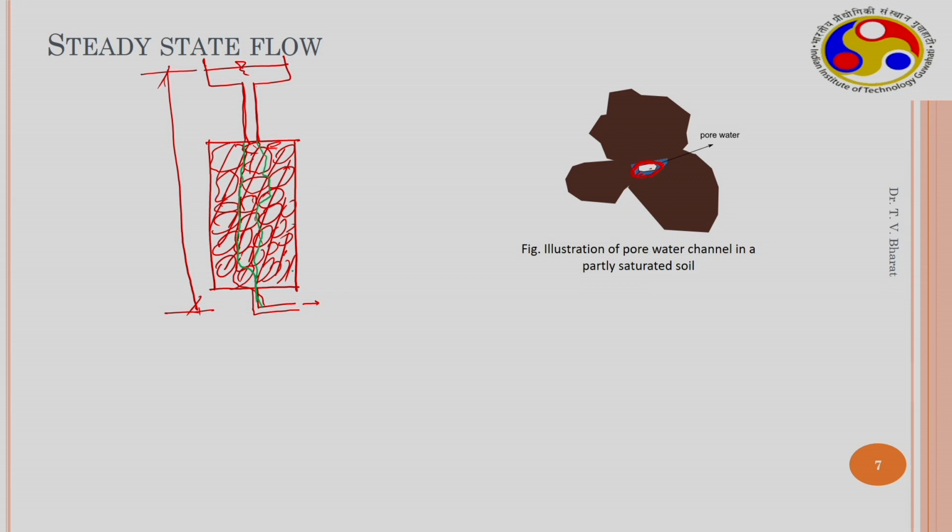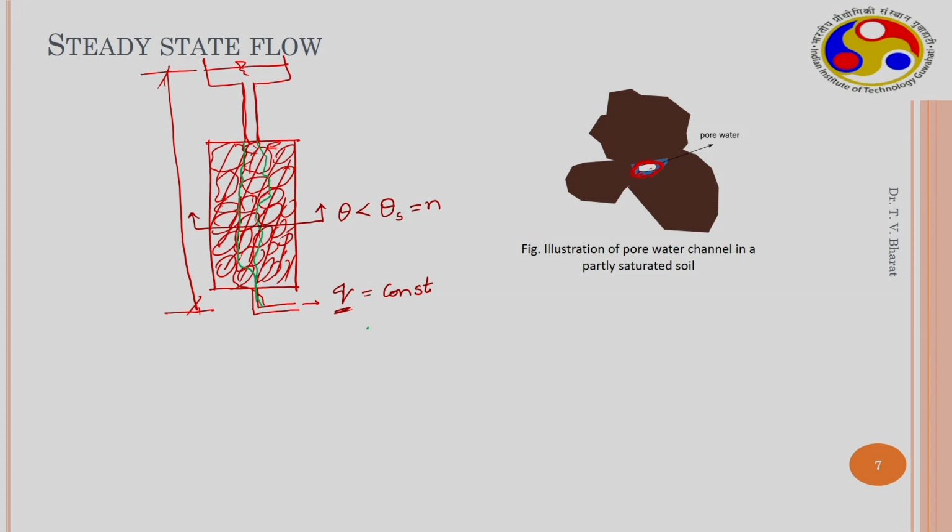but the soil is partly saturated. The soil is not completely saturated. All the pores are not utilized, or all the pores are not completely saturated. If this condition arises, even under constant flux, the steady state flow can take place through unsaturated soil mass. If the water content theta is less than theta s, the saturated water content or porosity, this situation can arise in the soil mass.